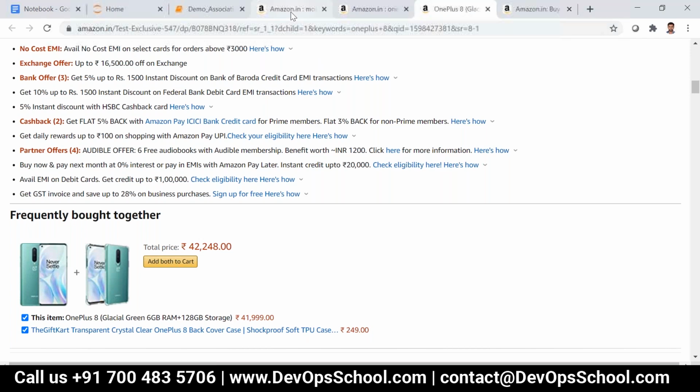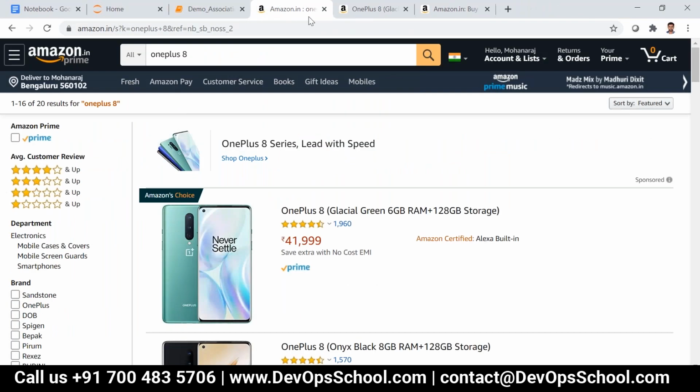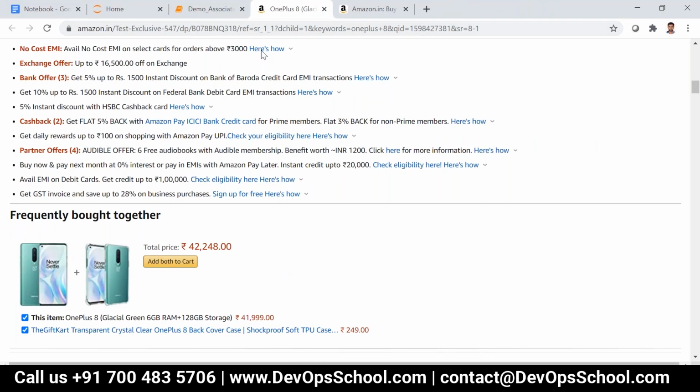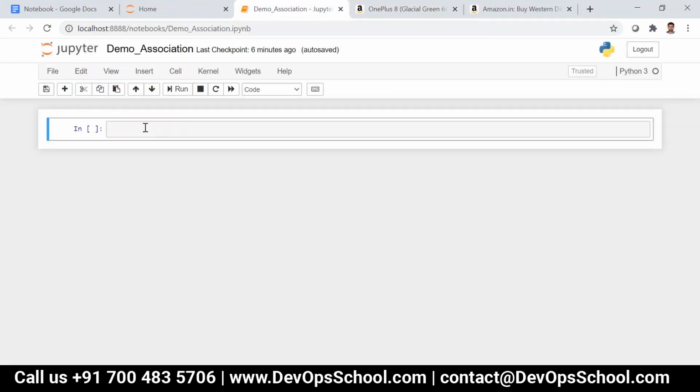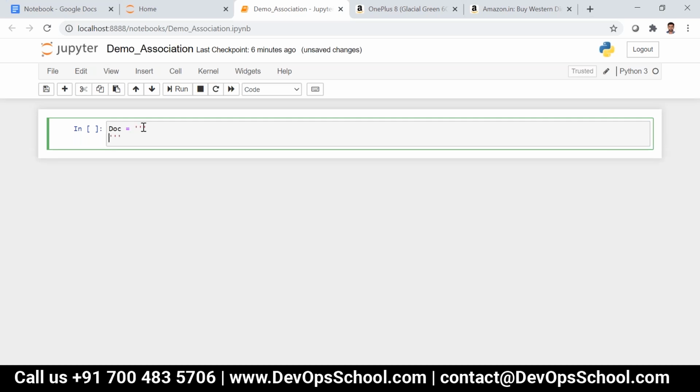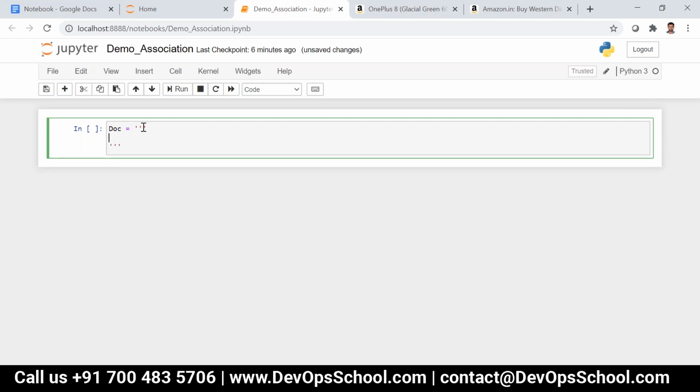So we have 3 different parameters you have to keep in mind with respect to this. The first one is support. You have to remember support, confidence, and then lift.